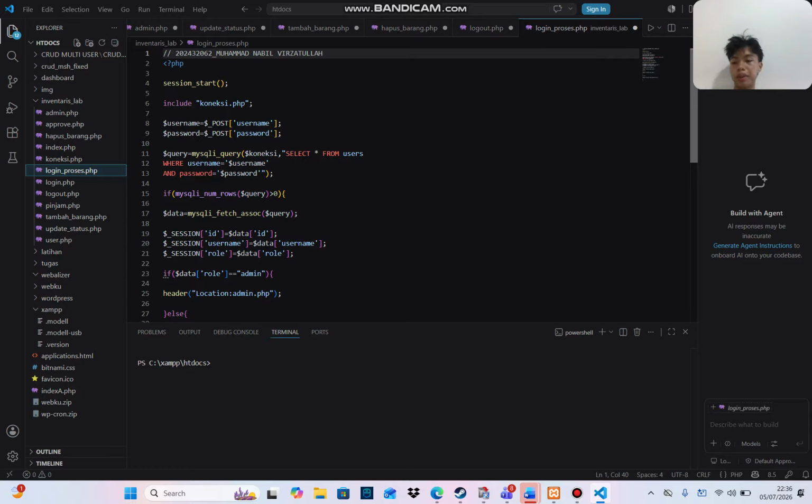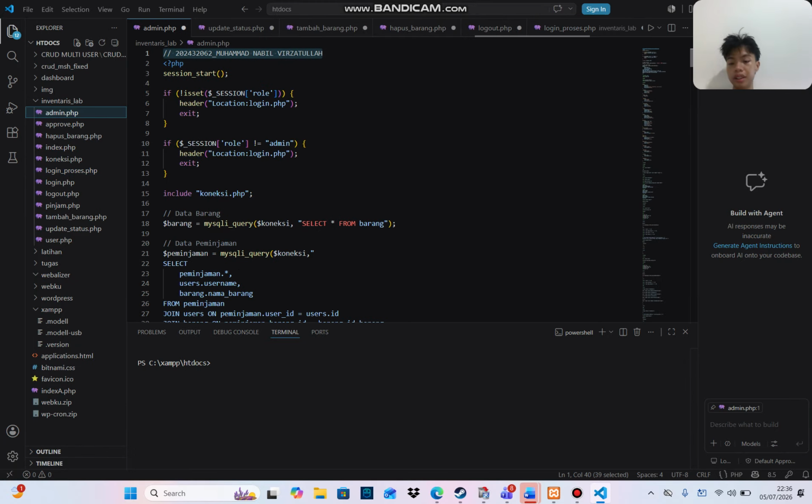Okay, I will go to my admin PHP. This file is saved as the administration dashboard, and it is the main control center of the application. On this page, the administrator can add new laboratory equipment, delete unnecessary items, and manage all borrowing. Next is the user PHP, same as admin PHP. The difference is the access limit.